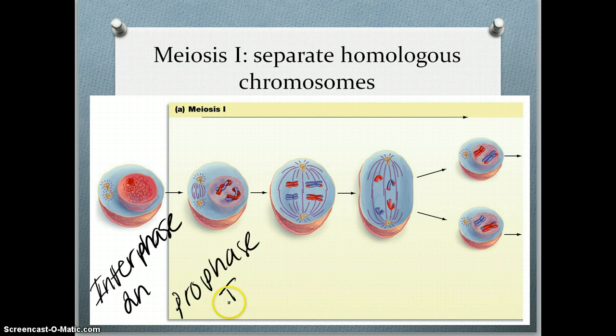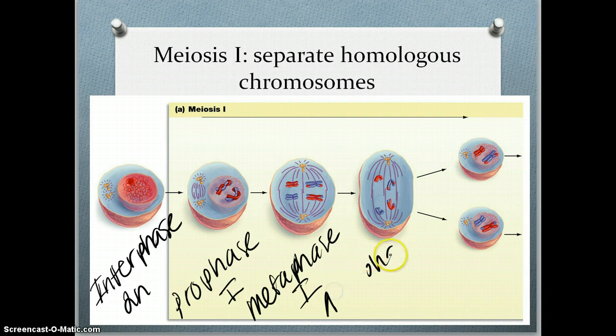And this is prophase 1. Metaphase 1 is the next step. These stages should seem very familiar. Anaphase 1